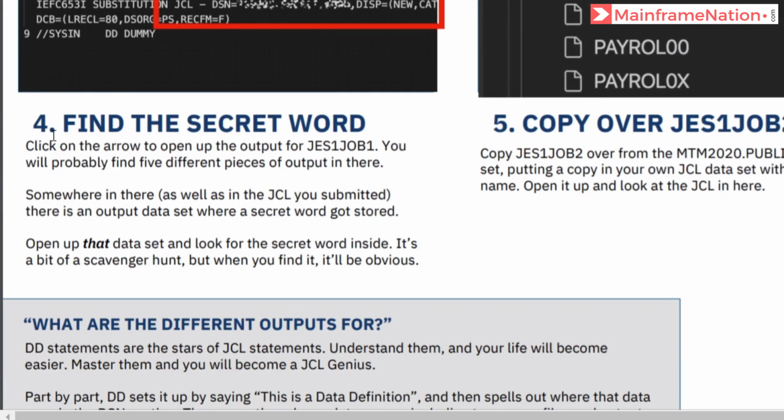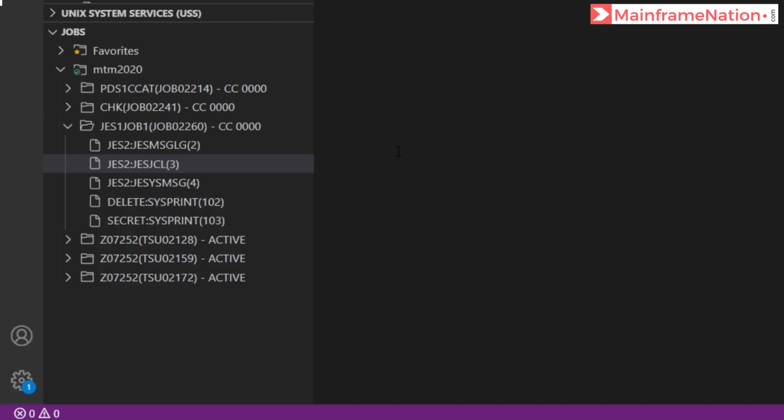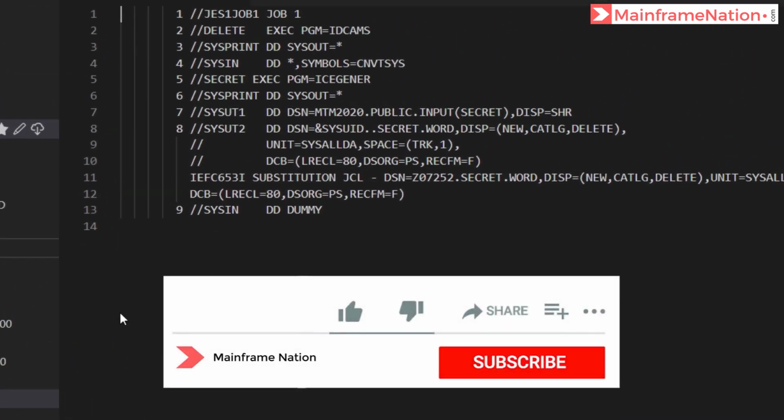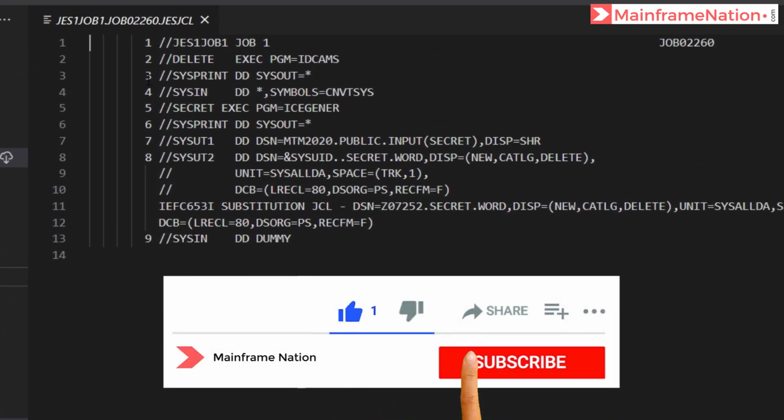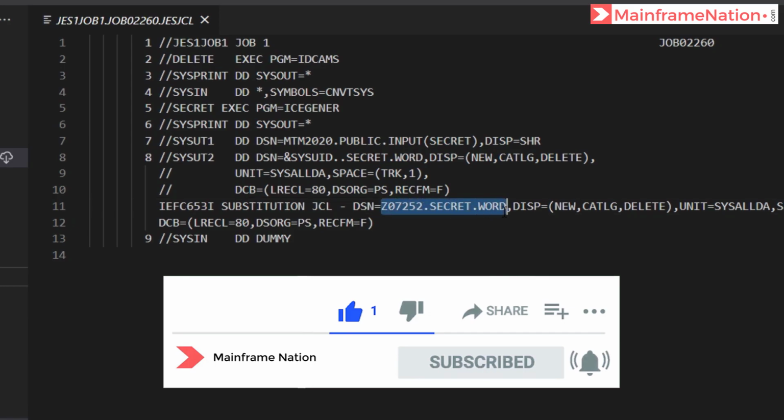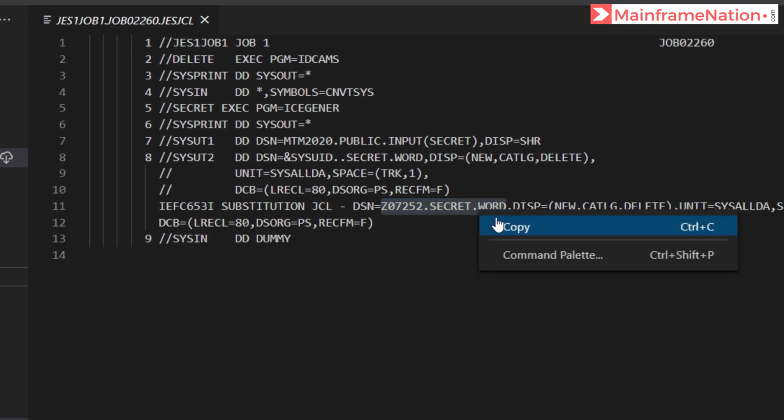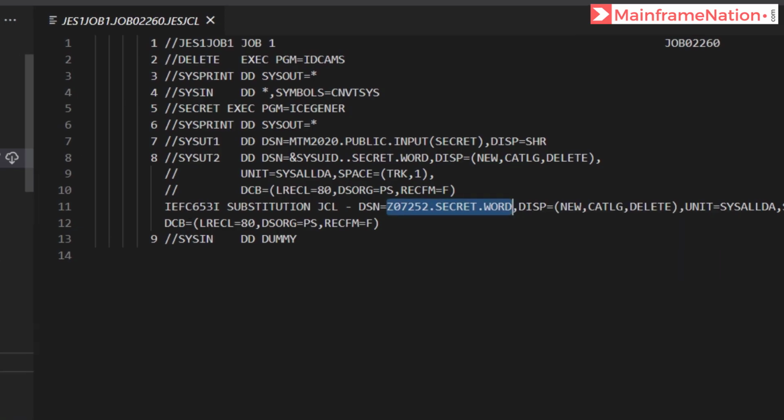And step 4 is to find the secret word. Then in JES1 job 1, you have to go to JES-JCL. Here you have to go to step 8, and in step 8 you will see a dataset userid.secret.word. Copy the name and then see the contents of this dataset.